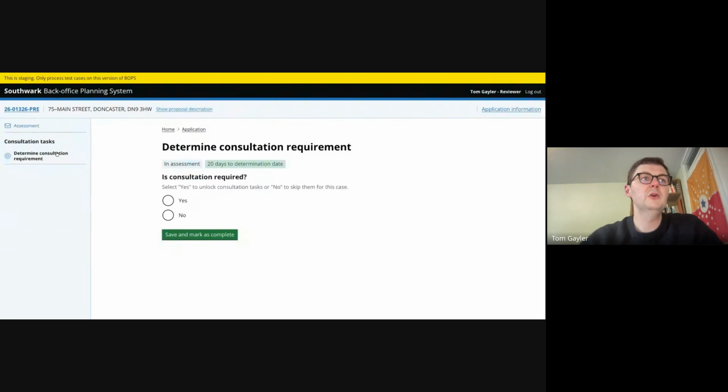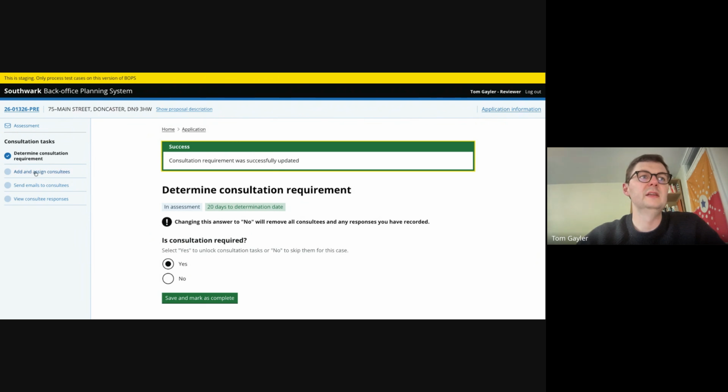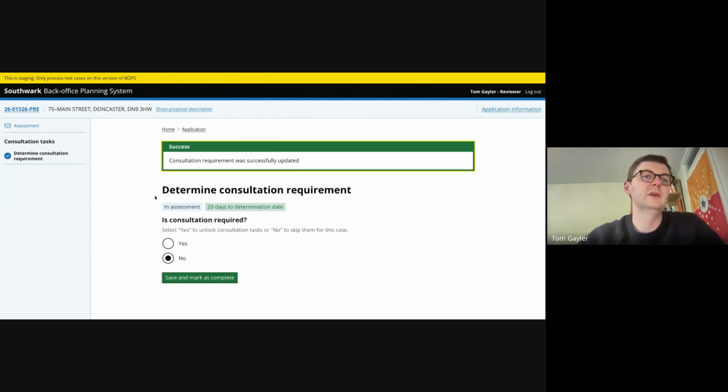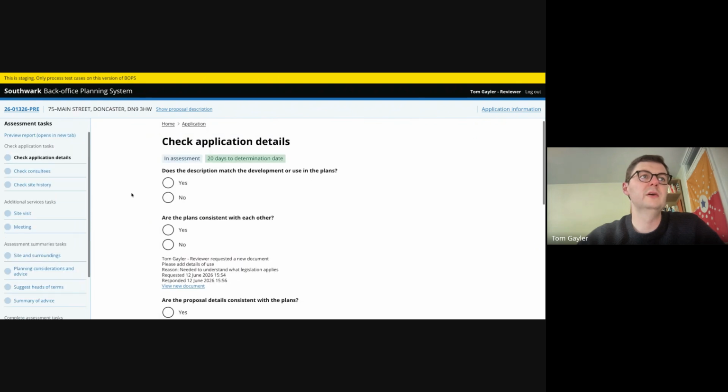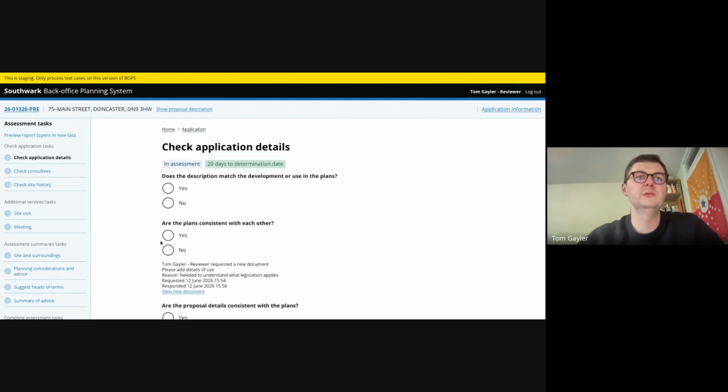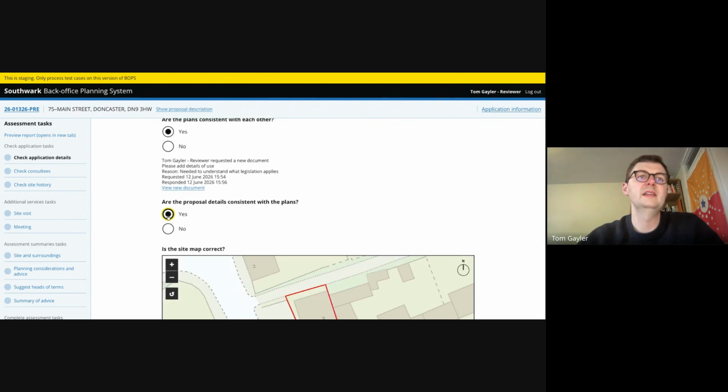For consultations, this is optional, obviously, as part of pre-app. So we can say whether it's required, yes, and then that adds in the consultation tasks where consultees can be added. If you want to see more detail of how the consultation process works, have a look at the householder demo. In this case, we're going to say, actually, no, the consultation isn't required, and we can move straight on to the assessment tasks. We've got some initial checks that we can go through just to check anything from validation